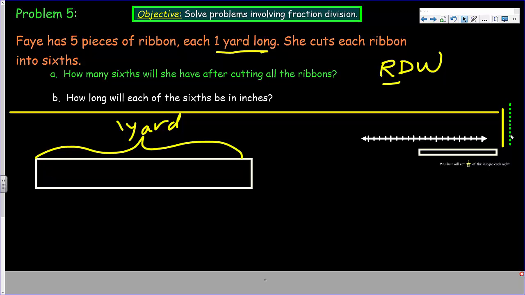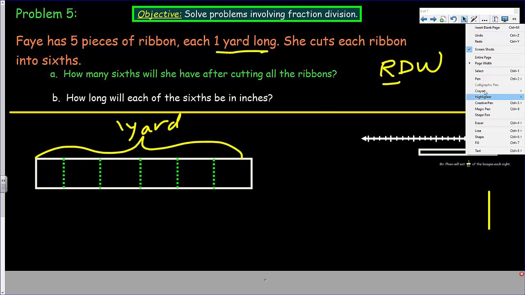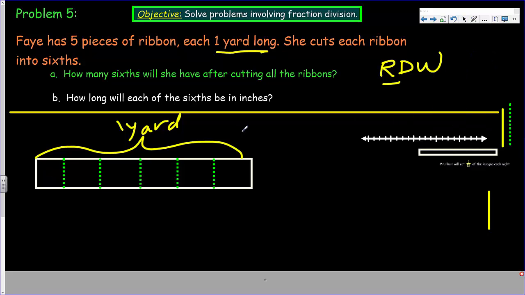I am going to divide it into 6, so I'm going to go ahead and, wrong one, dotted line here. Okay, so this is going to go right in the middle. And let me do the rest of them. Okay, so I have my 6 here. So I've taken one of the ribbons here and cut it into 6. So now my division statement will say 1 whole here divided by, and we're trying to figure out what is the value of 1/6, because we have 6 equal pieces here. Well, there's 6/6